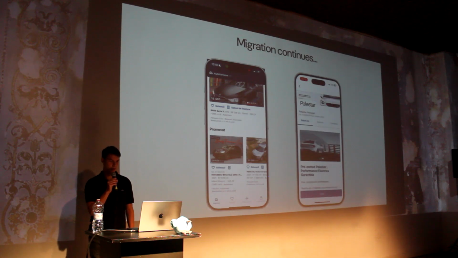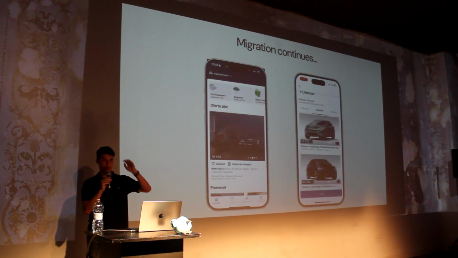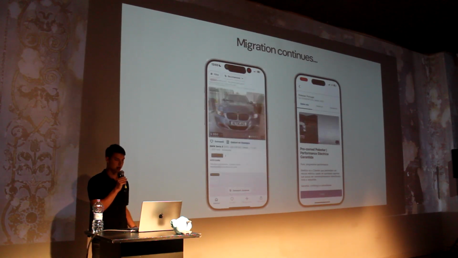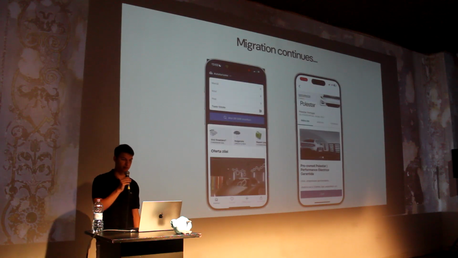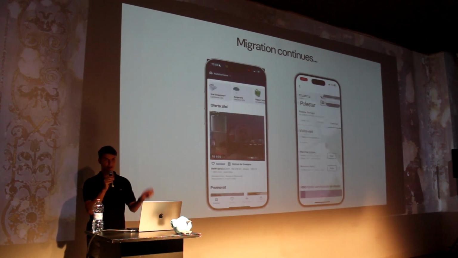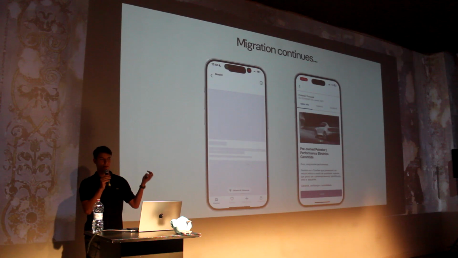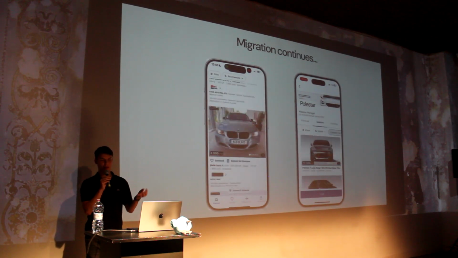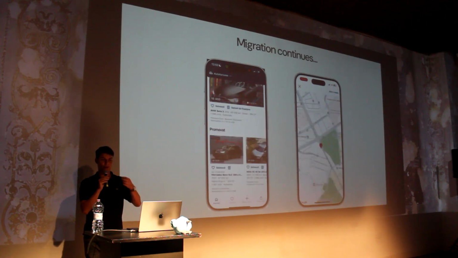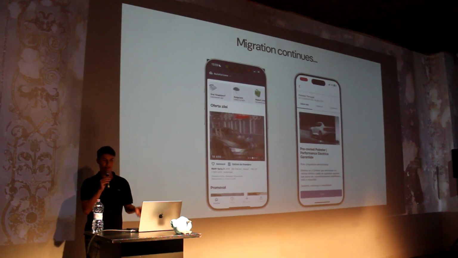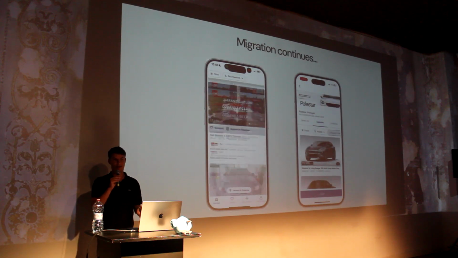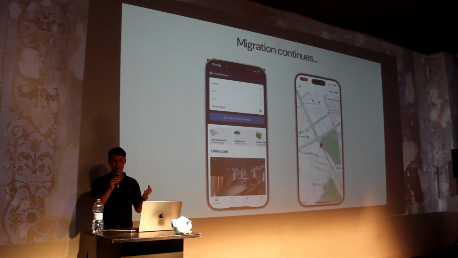Now, if you open Otomoto, probably half of you, because we are actually in the middle of an experiment, should get the new homepage and listing screen, and the business site completely on the left is fully rendered, fully changed to Flutter. And the biggest thing that we noticed from this change is that the developers from Android and from iOS actually started to talk to each other, and while they were planning a feature, we could plan it once, and if we had a great senior Android and a great senior iOS developer, now they can work together and think about what they can achieve